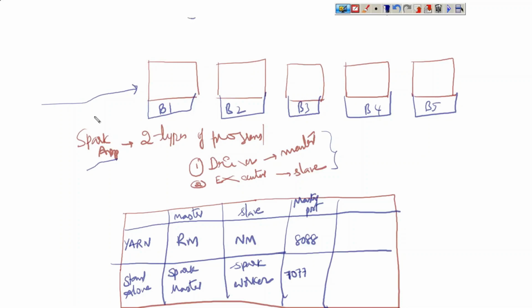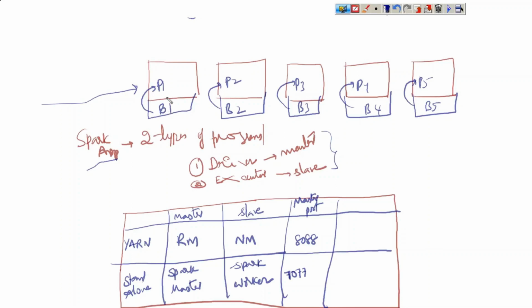But when we submit a Spark application, what should generally happen? The data partitions must be created out of these blocks. We know this already. Partitions must be created out of these blocks, P4 and P5. And what should happen immediately after these partitions are getting created? The partitions will be created in memory only, right?